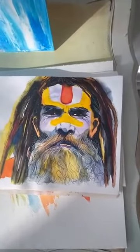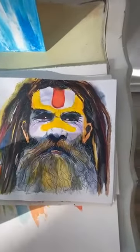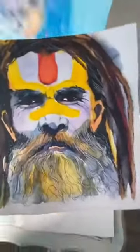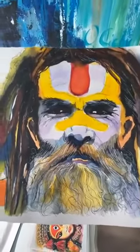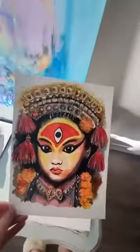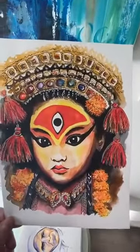I personally met this Sadhu Baba, had a tea conversation with him, took a photo, and then later did a watercolor portrait. I love this portrait. I think it's one of my best works, the emotion here. This was a Nepali goddess, also child goddess,